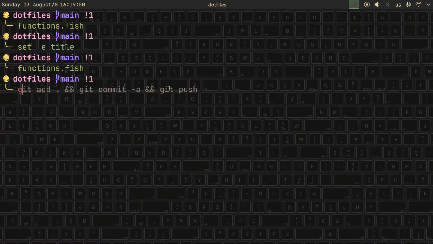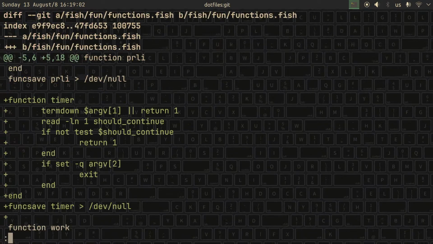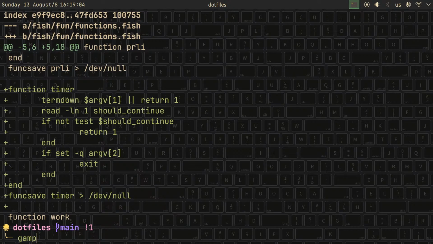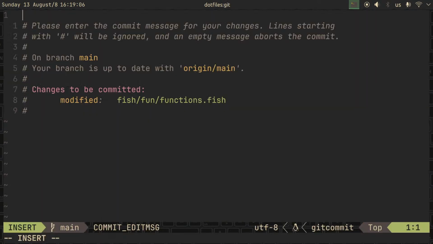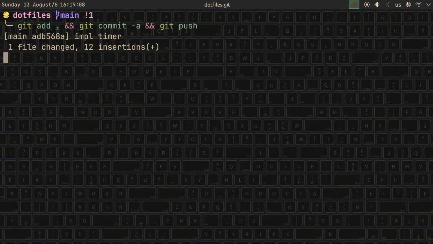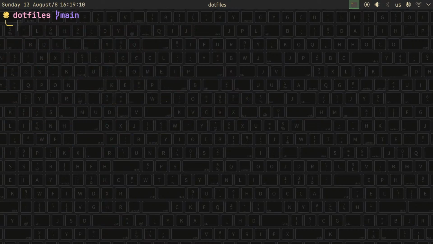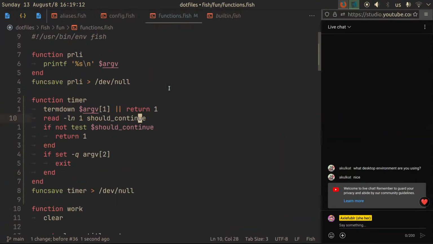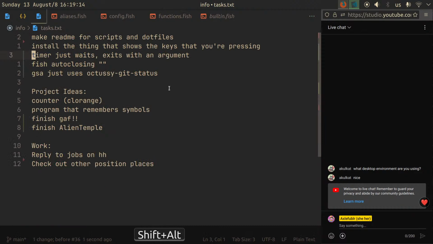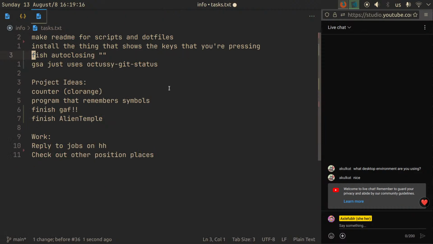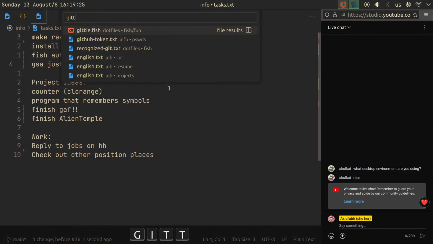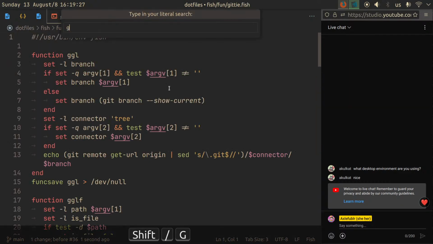So let's commit that. First of all, yeah, it's completely new, so impl timer. Cool. Now we have timer. GSA just uses octoc get status. Okay, let's go to Gitty, to GSA,